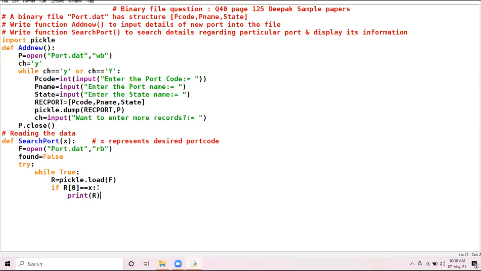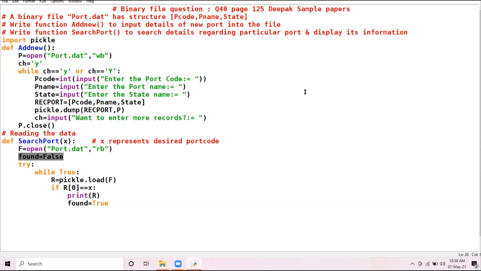Am I clear? Then found becomes true. Found will be true only in the case this if condition evaluates to true. If this if condition does not evaluate to true, found will never be true, found will remain false.